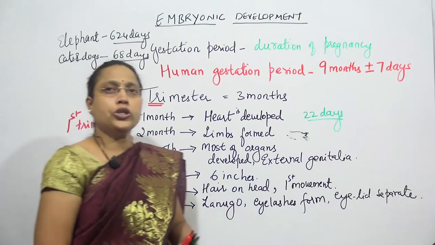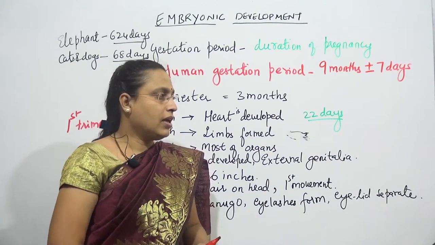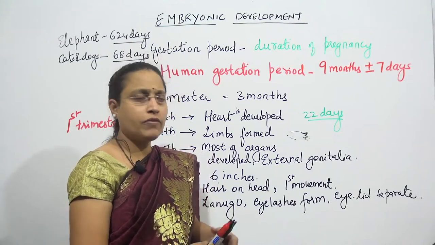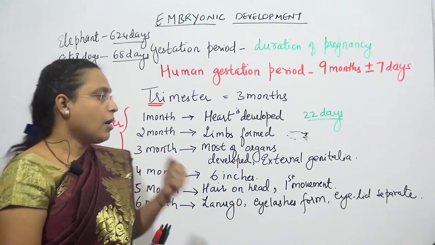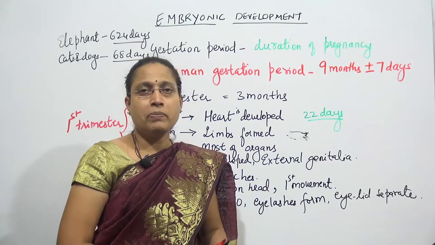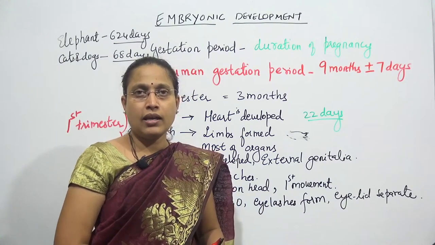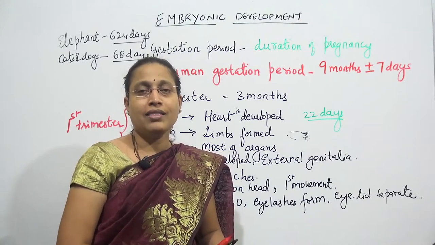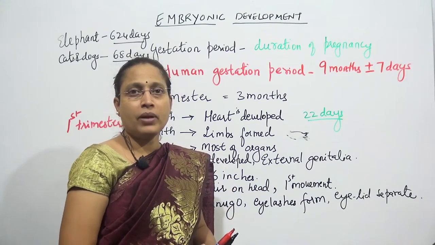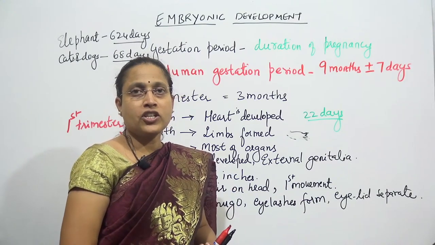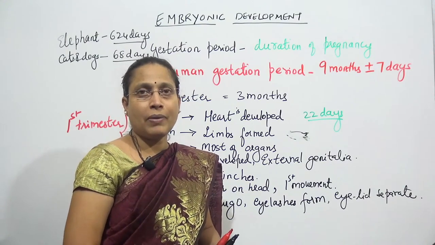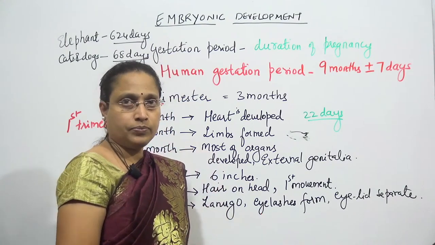And one more thing you should know: in the 6th month, there is an organ that develops a bit late. Since most of the organs are formed by the 3rd month, but there is one organ that develops a bit late, and that is the development of alveoli in the lungs. So the lungs will complete forming in the 6th month. Till the 6th month, the alveoli will not have been formed. So respiration capacity, the fully functional lungs, can be only in the 6th month.